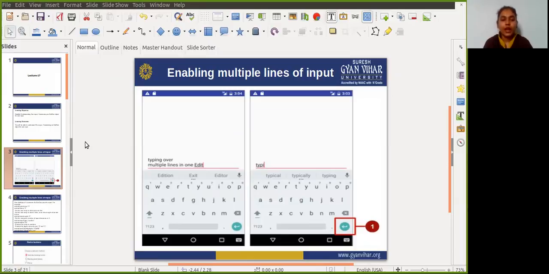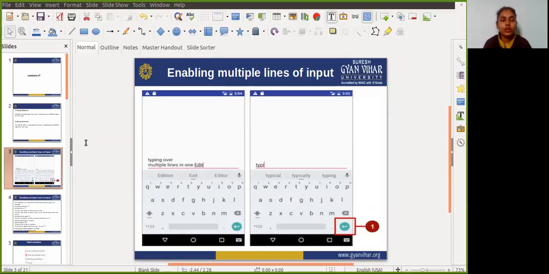You first need to call the EditText element, and you need to add some attributes. These attributes are android:id, android:layout_height, and android:layout_width. For ID, you need to write the ID number or ID name. For example, in this example I am giving an id of edit_simple. The layout height and layout width have the same value, that is wrap_content.